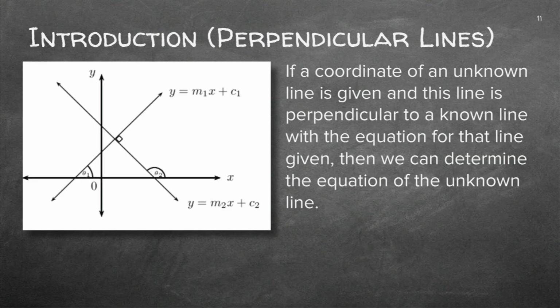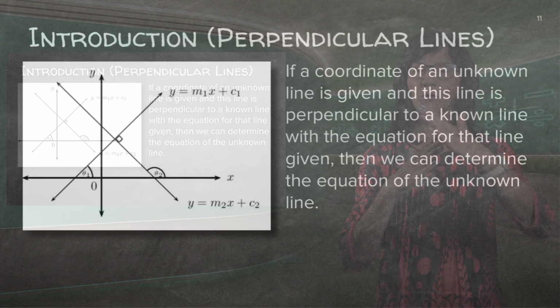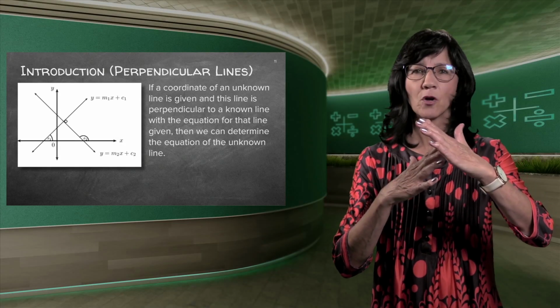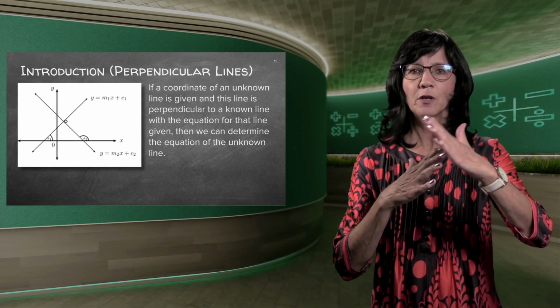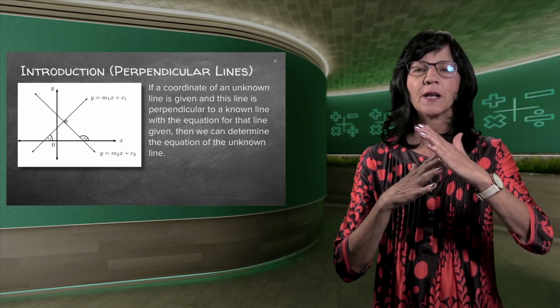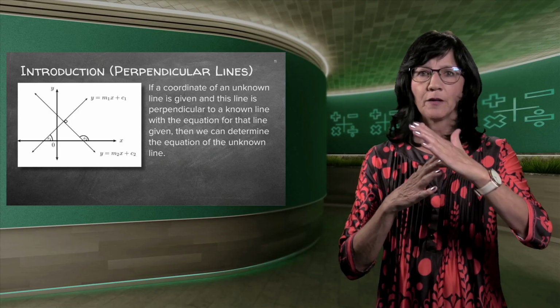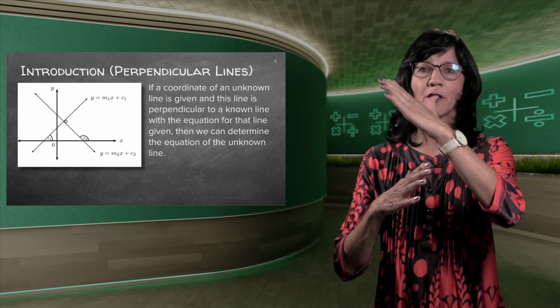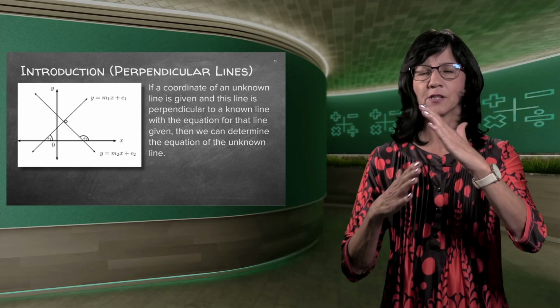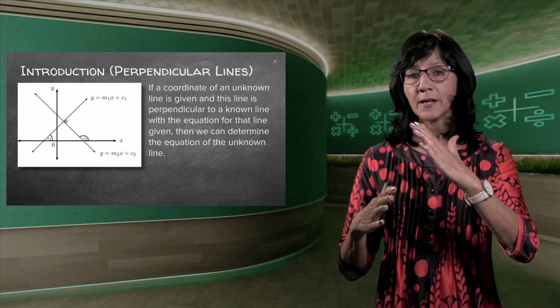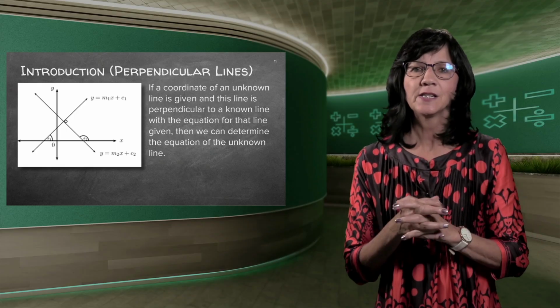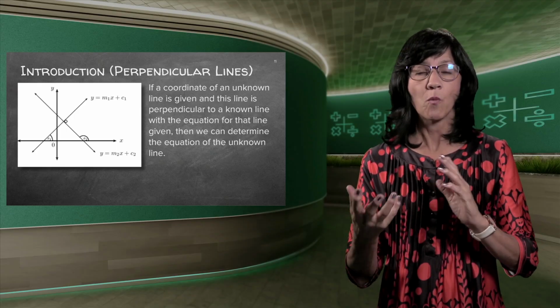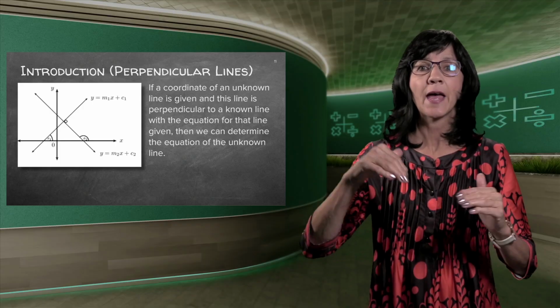Now we need to get onto perpendicular lines. Again, perpendicular, you know exactly what it means. We've worked with that lots of times previously. Perpendicular means they form an angle of 90 degrees. Good. If you look at my hands, the one line is going up, so it needs to have a plus gradient. This line is going down, so it needs to have a minus gradient.